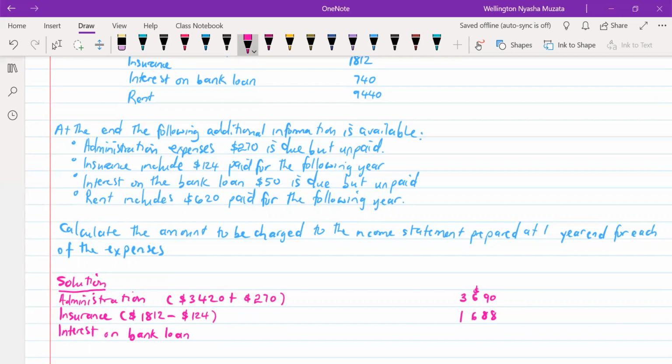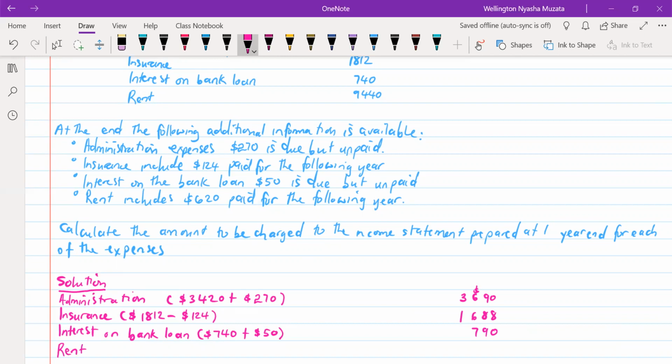The bank loan interest that was paid was $740, while $50 remained due, so we should add it, which gives us $790 as an expense to be included under the trading or operating expenses. Moving on, the $50 is going to be written as a current liability in the